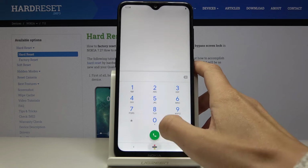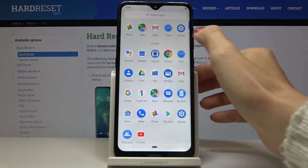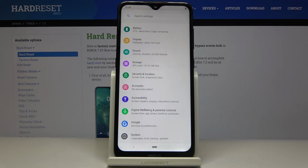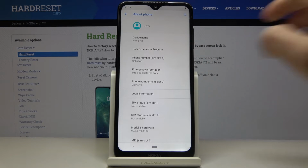Tap on OK to go back, and now we'll open those numbers through the settings. So at first you have to open the list of all apps, then find and select the settings, scroll down to the very bottom of the list and open System. Now click on About Phone, go a bit lower,